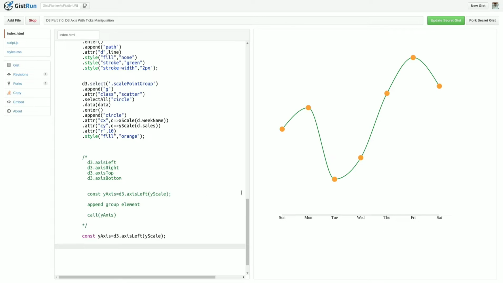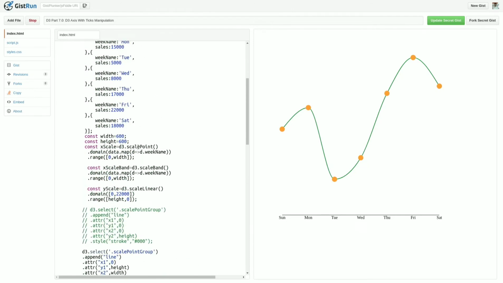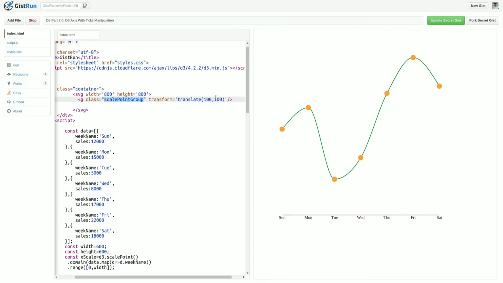I want to append the y-axis here. Inside the SVG I have taken the scale point group class, and I transformed that scale point group to 100 coordinates. So I will copy that.